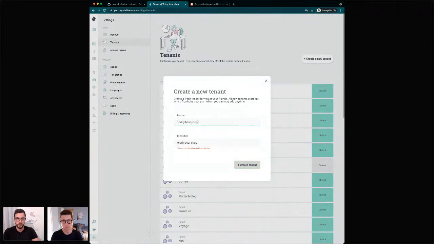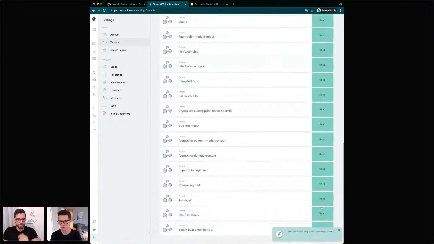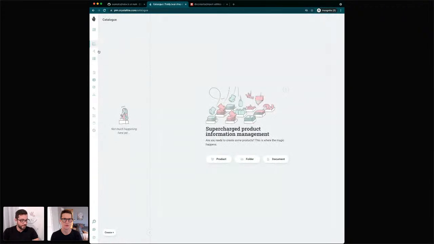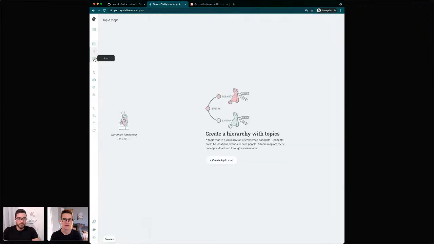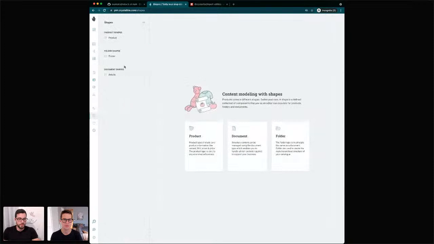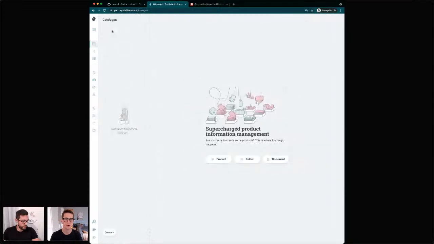Bear shop clone 2. Apparently, I did this before. So this is the identifier that I want. I can create it. I can even go down here and select this clone, which is currently empty. There's nothing here. No topics, there are no grids. Shapes are like the standard ones. Yeah, so it's empty. So if I now go back to code here,